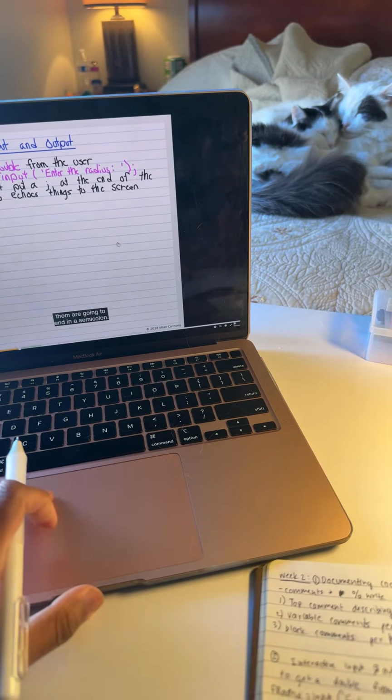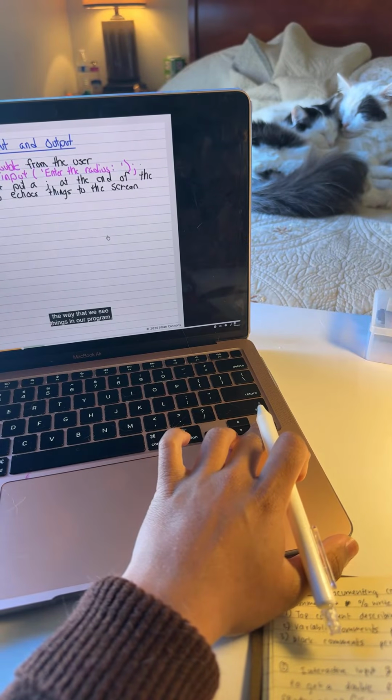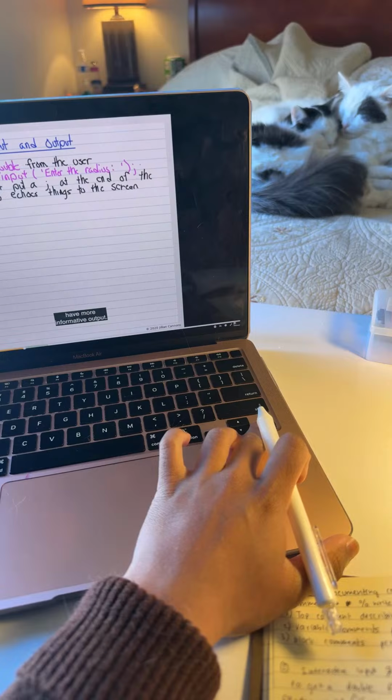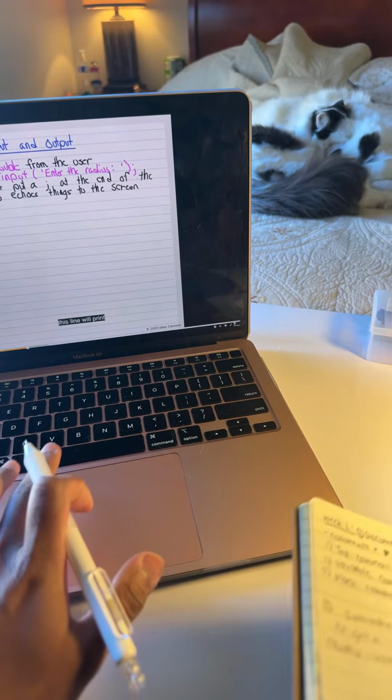But basically, all of them are going to end in a semicolon. The reason we're going to do that is we don't want this echoing that Matlab does to be the way that we see things in our program. It's kind of ugly. We want to be able to make it look prettier, and we want to have more informative output. So that's it for input. That's all you need to do. So when you run your script, this line will